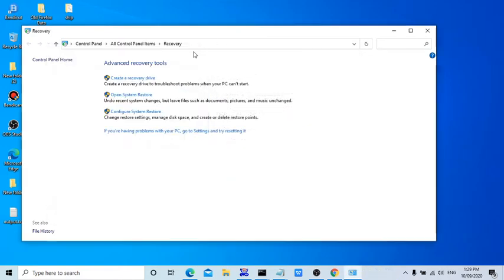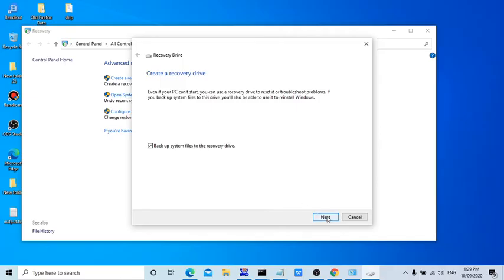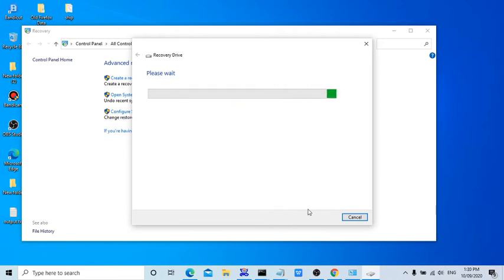We can set up here, there should be create a recovery drive to troubleshoot problems when your PC can't start. If you have any troubles, at that time you cannot create it, you have to create it beforehand. Select. Now it will be showing today's date. If I select that,